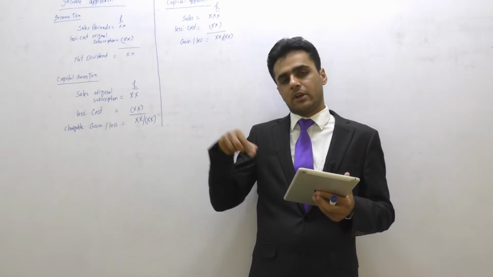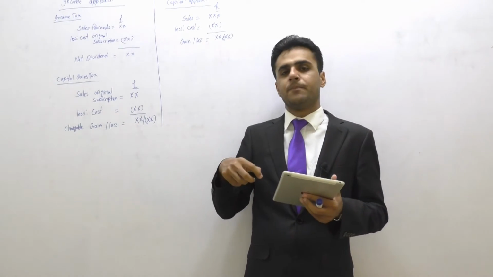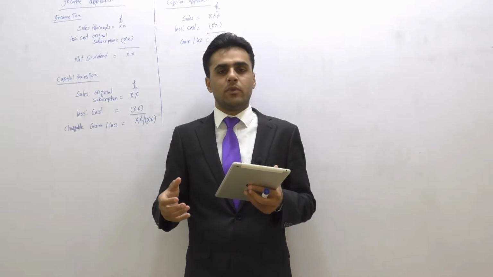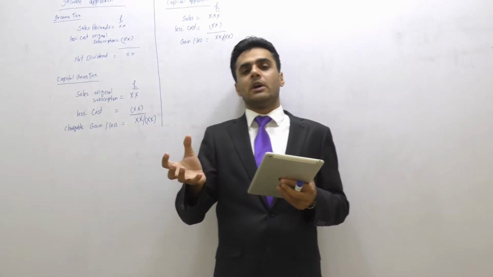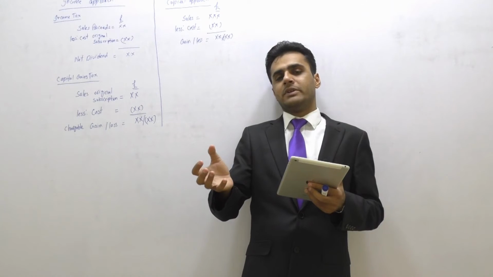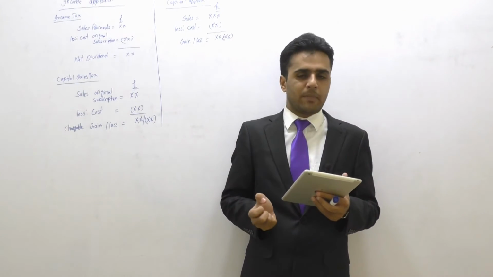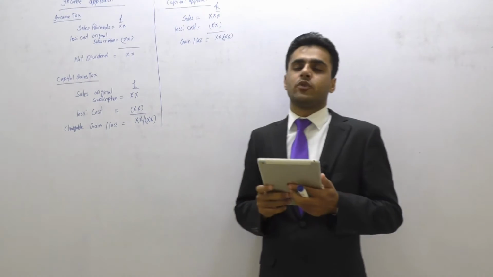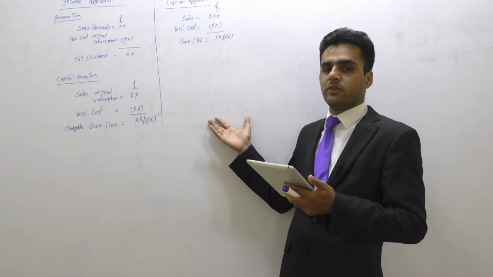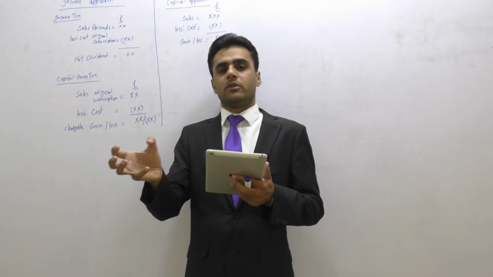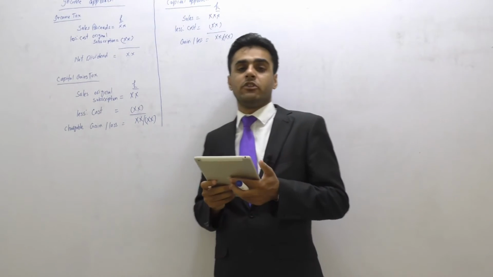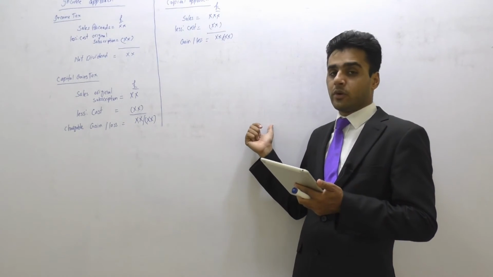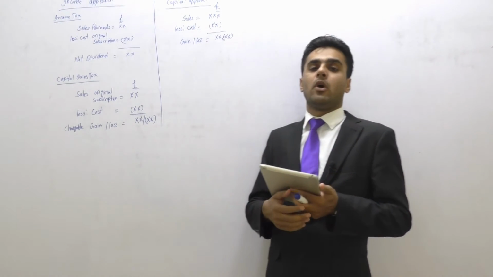Those shares are with the company's own pocket, so they will be cancelled. So the total shareholding would be whatever the total shares were before, less the shares we have bought back from the shareholders. In this case, the total shares of the company were 40,000. When the company buys back 2,700 shares, it is 40,000 less 2,700, which would be the total shareholding after the buyback.